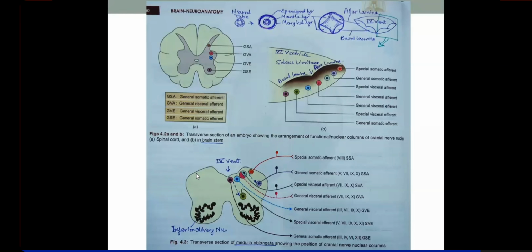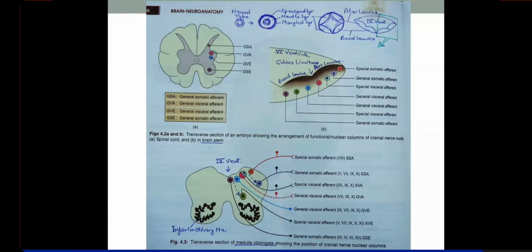So if they give such an image, right, can you tell me this image is from upper pons, middle pons, or lower pons? I told you the identifying features. In upper pons, you have upper medulla. This section is from upper medulla, middle medulla, or lower medulla. How to identify?